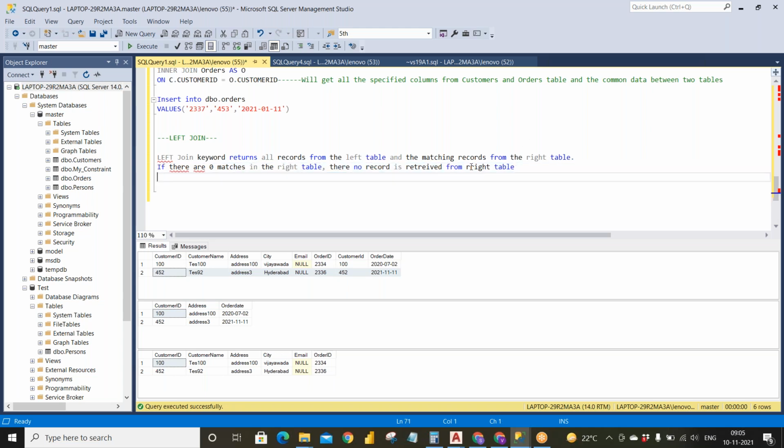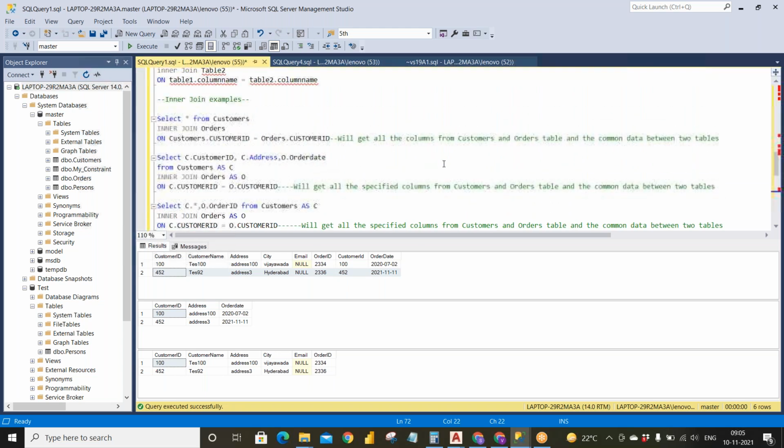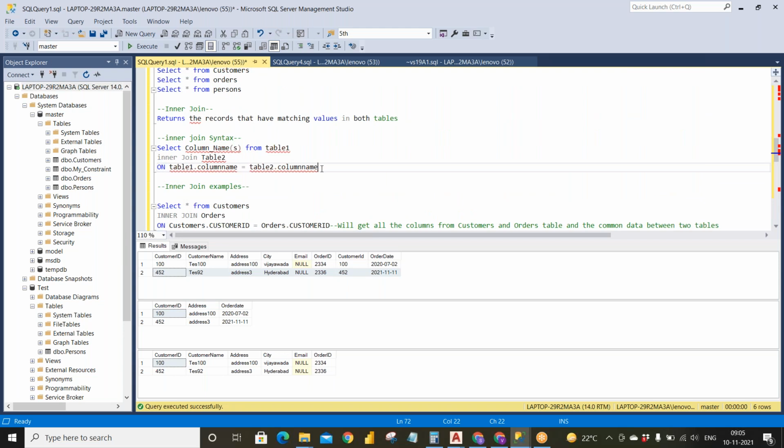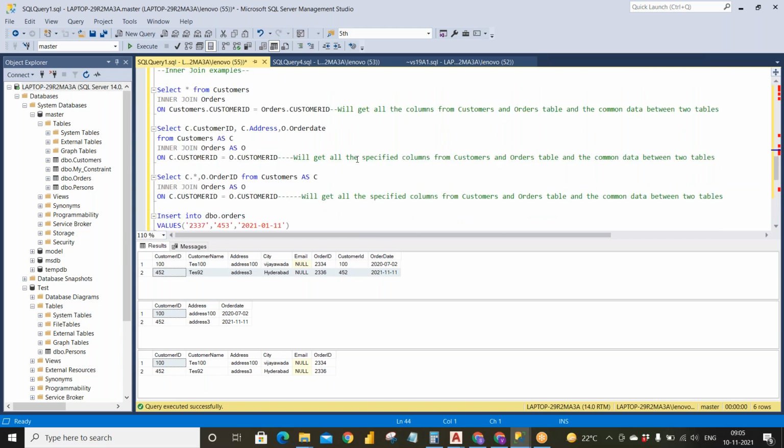So this is left join and I'll go with left join syntax. It will be the same as inner join syntax, but the keyword would be different.